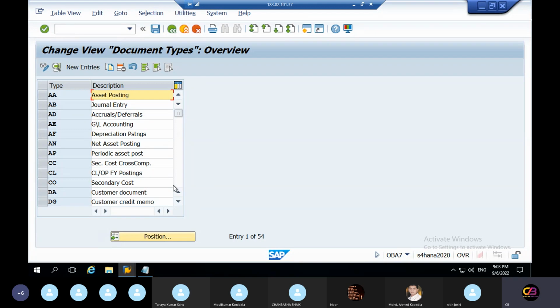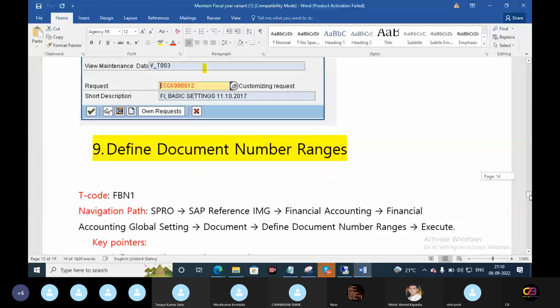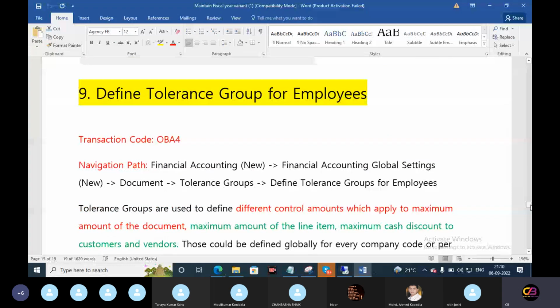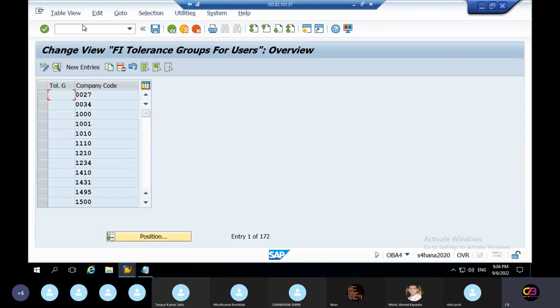Okay, so next is tolerance group. Document number range is done, then tolerance group for employees. So we need to define the tolerance group, OBA4. Okay, /n OBA4. Okay, so here many people have already created entries. So I'm taking one standard one. Okay, so do one thing,